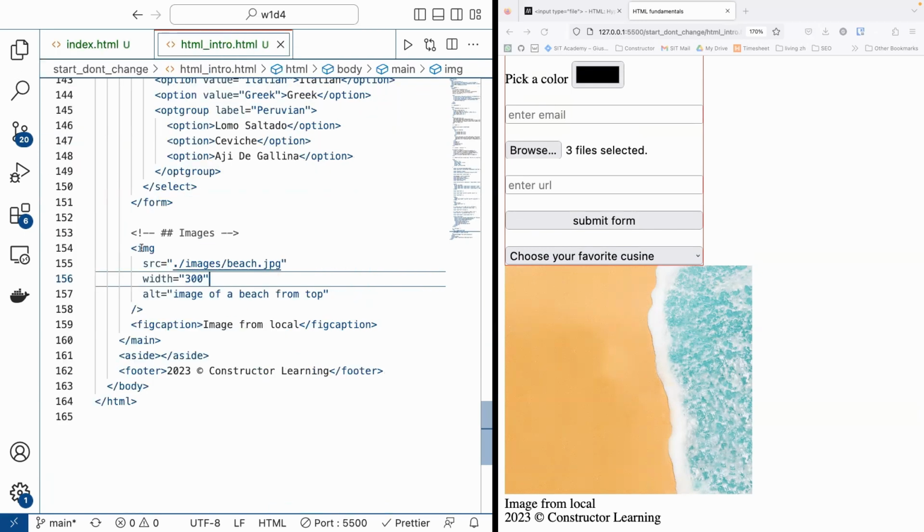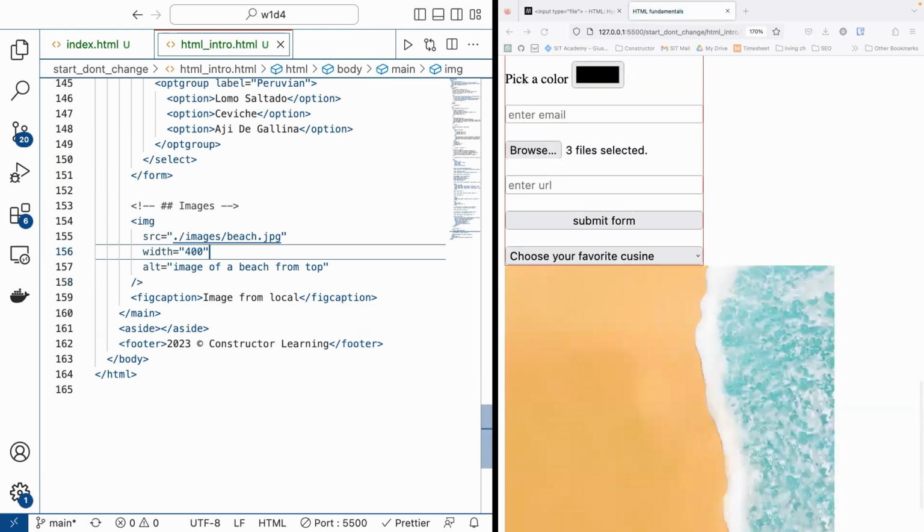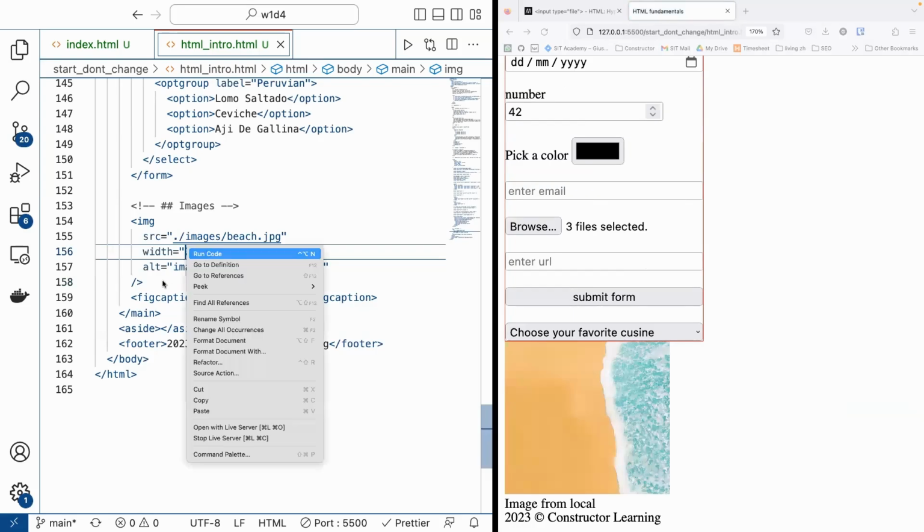The tag is just img, and it's a special tag because it's a self-closing tag. It doesn't open and close somewhere. It's opening and closing at the same time. This is how it looks. You see here, the closing tag is already closing there. I specify the source, the width. So for example, 100 makes the image bigger, 200 smaller. Also the height